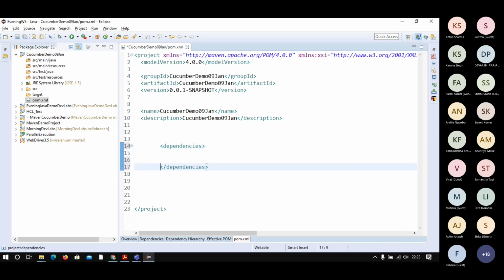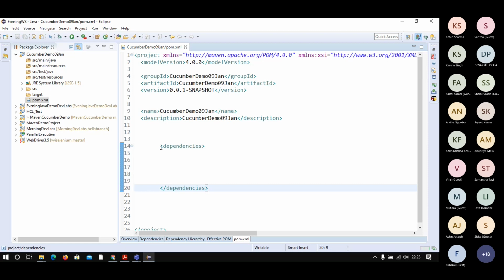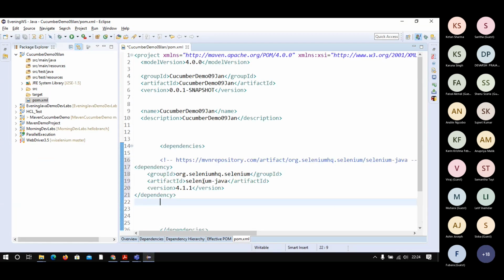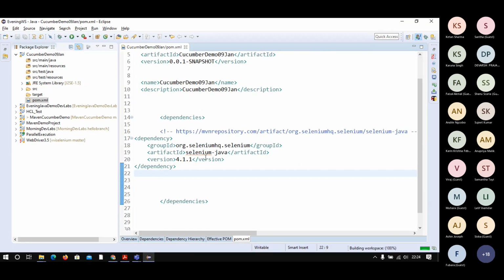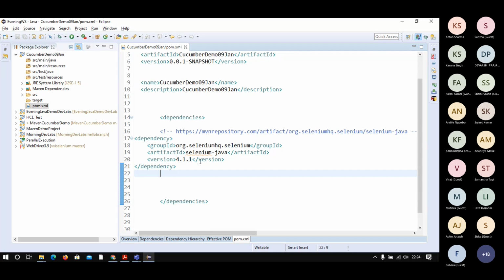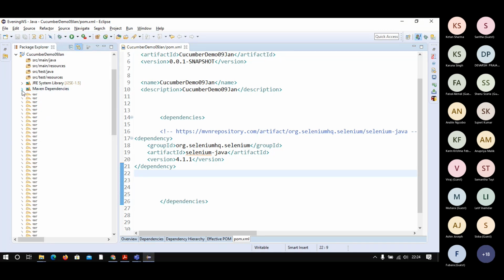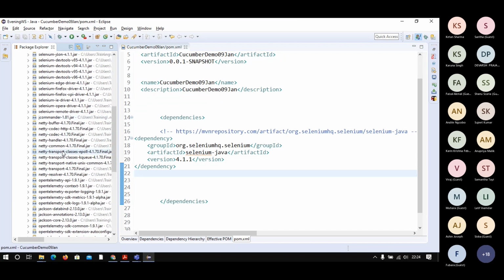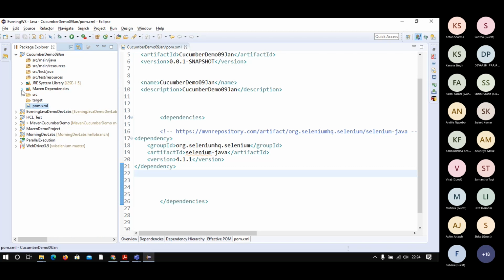Once you add this tag, with the starting and closing tags, inside that you can keep pasting the things you copy from here. I pasted it here. Once I add it and save it, you see this library appeared, and it contains all the Selenium libraries. So one thing we have already added.